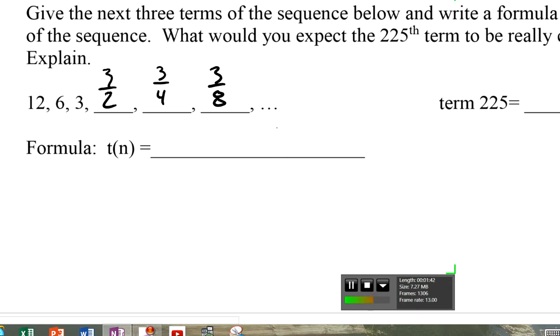By the way, the next one will be what? 3/16. And then? 3/32. And then 3/64. Right. See, when we get over our fear of fractions, the world becomes a much nicer place. Okay. Now, we've already